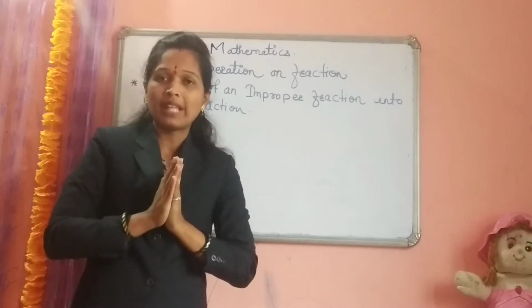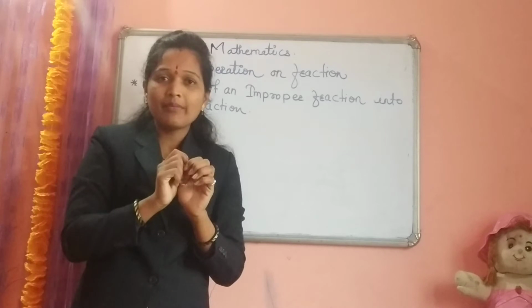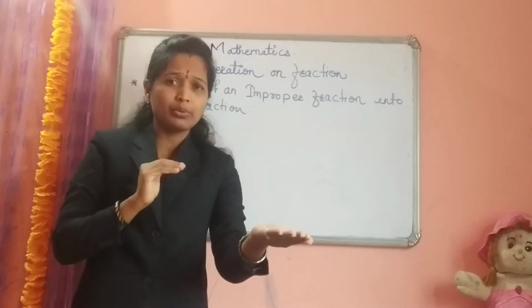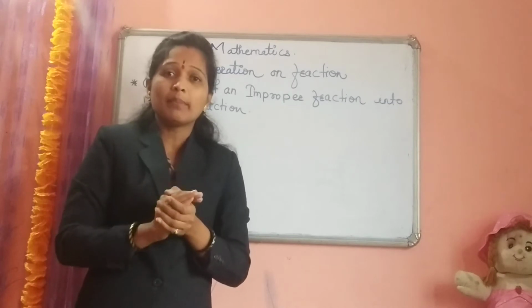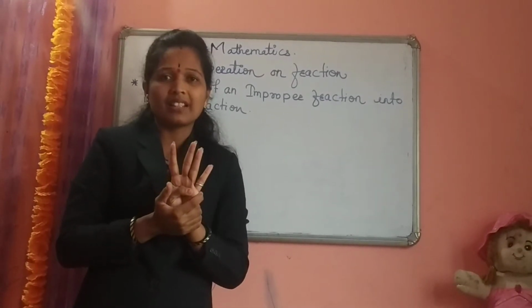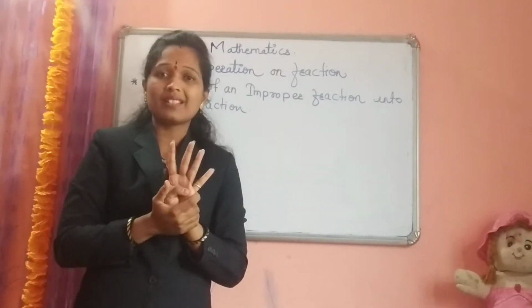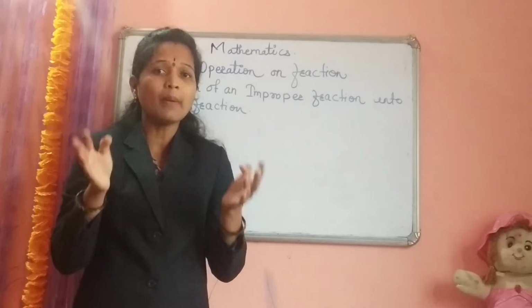So what can I do that time? The remaining 1 chocolate, I can divide in the same way, and I can give one half part to that girl and the remaining half part to that boy. It means we can divide the chocolate properly. Suppose 4 chocolates are there. 2 chocolates I can give to the boy and 2 chocolates to the girl.